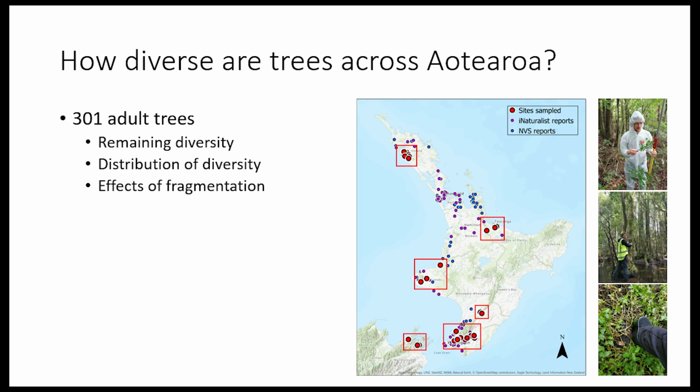The second question that I wanted to ask, and I'm just starting to work through much of this data, was how diverse are trees across Aotearoa? So I've collected 301 adult trees from across the motu, from across the North Island, and one little population on the South Island, which is the only one that's known there, and we don't know how much more there may have been there. So this is in order to assess the remaining diversity of the species as well as the distribution of diversity. So this could be akin to whakapapa in purely the genetic sense, and eventually the effects of fragmentation. So how much diversity might there have been that we expect to have been lost after habitat loss, and how can we ensure that isolated populations are able to still breed together and